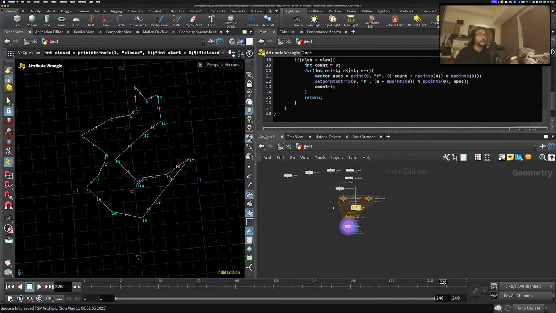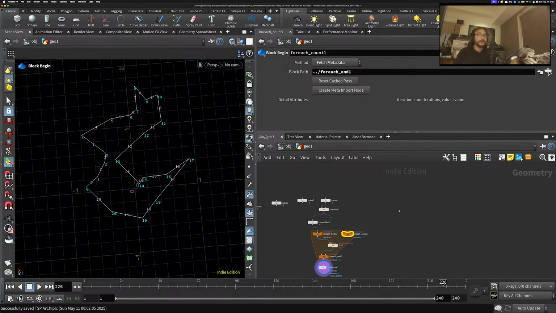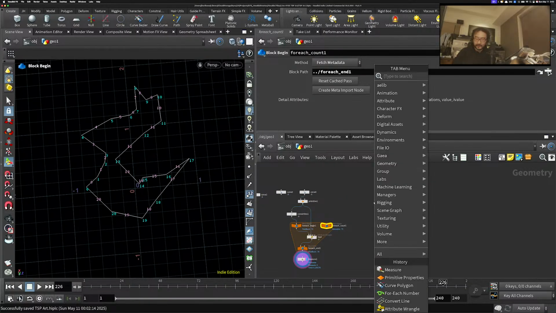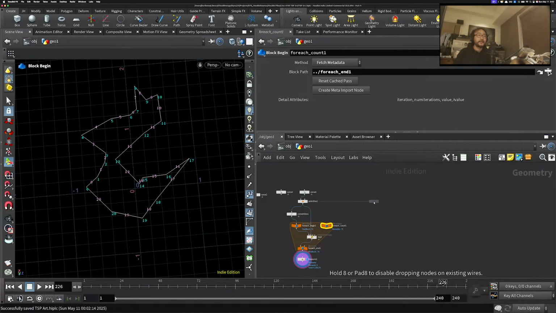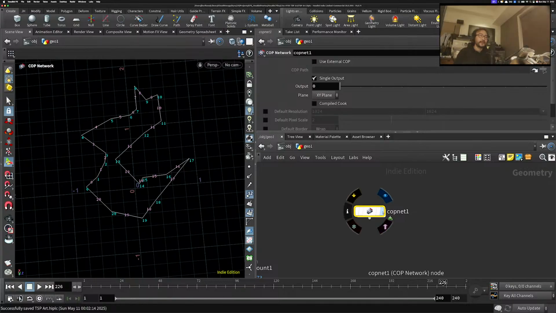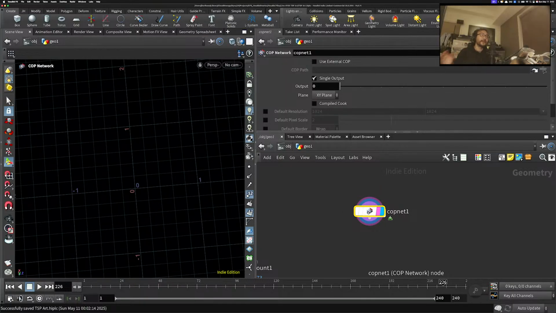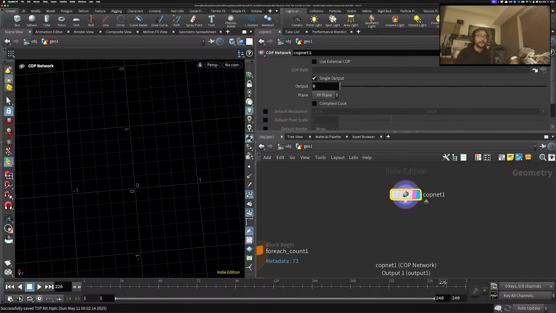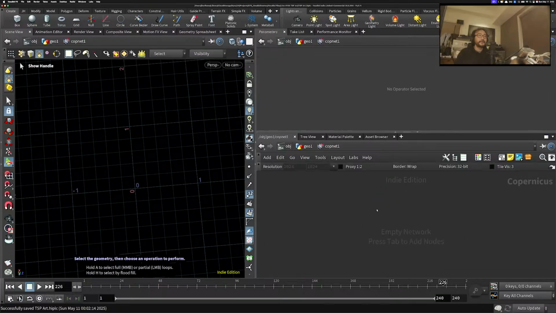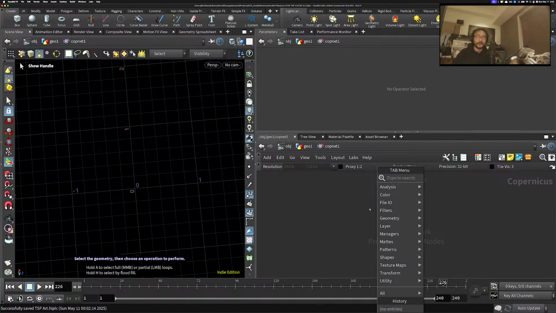Okay, so now that I have this information, now that I have this code, let's start creating a point cloud. What I'm going to do is import the texture, then create the point cloud from that texture. So I'm going to use a copnet. Inside the copnet, I'm going to use a file